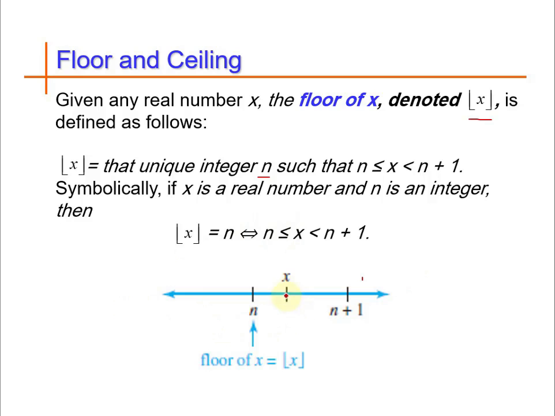It says, when we choose any real number, x lies between two integers, and it is possible that this real number will lie between two consecutive integers. So by definition, n is the greatest integer which is less than or equal to this x. It could be equal to x when x is an integer.